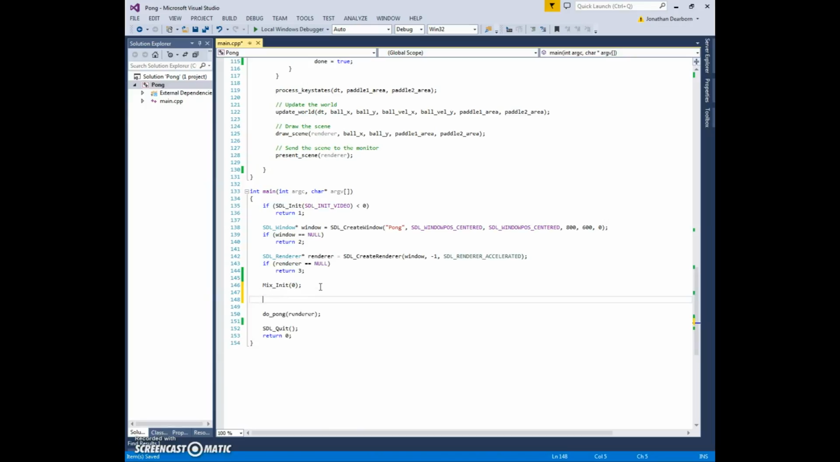And then I want Mix_OpenAudio. So this opens the audio device for output. And so we have to tell it what kind of audio output we're going to do. It gives us frequency, format, channels, and chunk sizes, all things we have to provide to tell it what kind of output we're doing. And I don't care that much about all of these, so I'm just going to use the default values